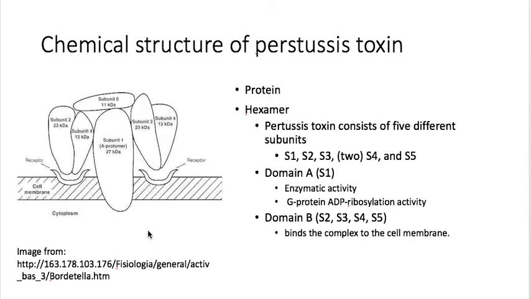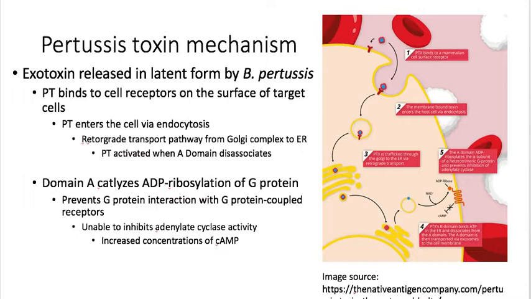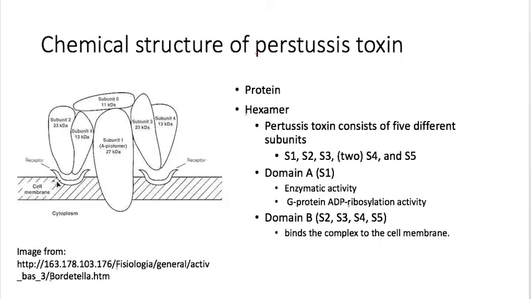The domain A is responsible for the catalytic activity of the toxin, while the domain B is responsible for binding to the receptors of the cell membrane. So let's take a look at the mechanism that it uses. I know the text here is tiny, so I'll be going through it. First, the exotoxin is released by B. pertussis in latent form. It will bind to the receptors of the target cells using these 2 dimers of the